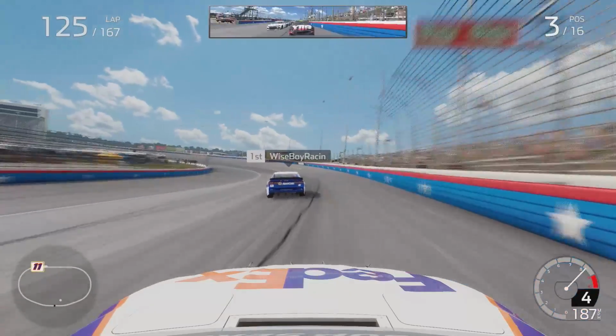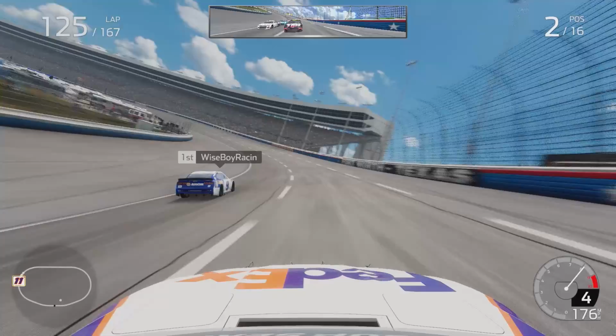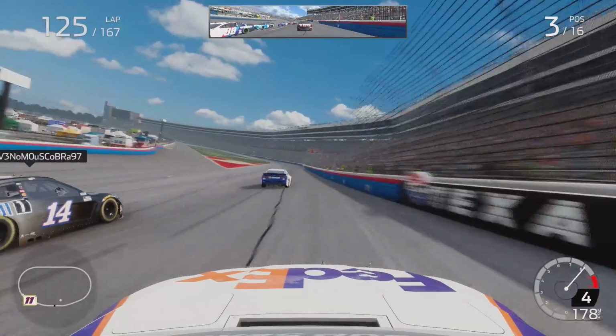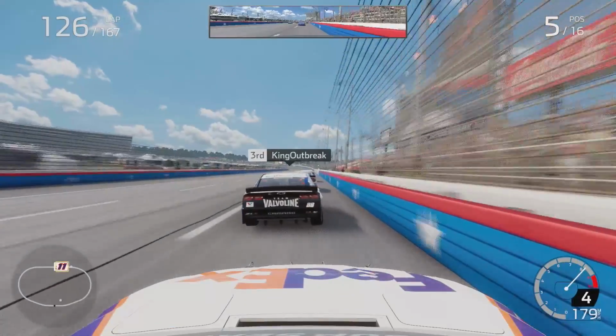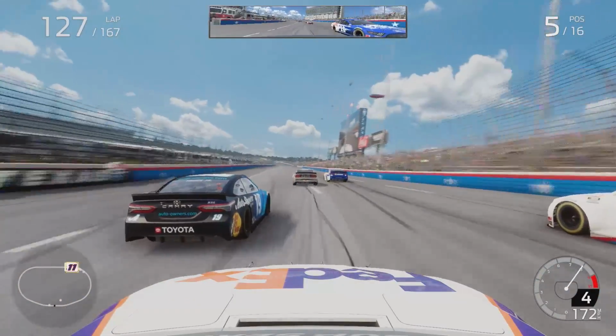It was the 88 and the 48 battling it out for that 4th position as we dive down into turns 3 there, moving up the track just a little bit now as we come out of turns 4, and there's going to be our opportunity to settle into P3. So choosing the outside really worked, but unfortunately I gave the opportunity to the 88 to get to my inside, so we ended up drifting down all the way to P5 after even was able to pass me as